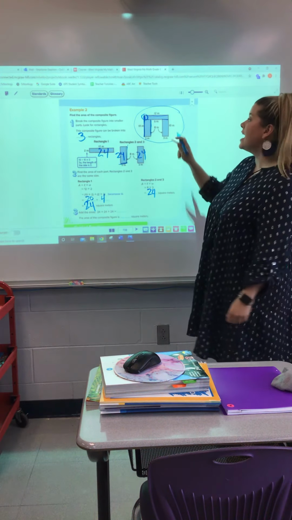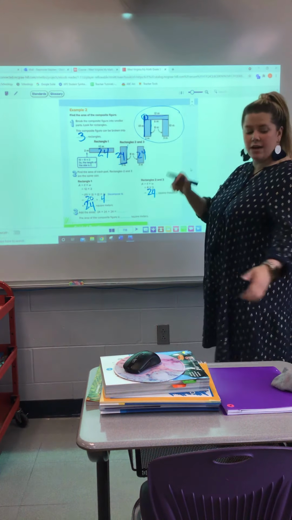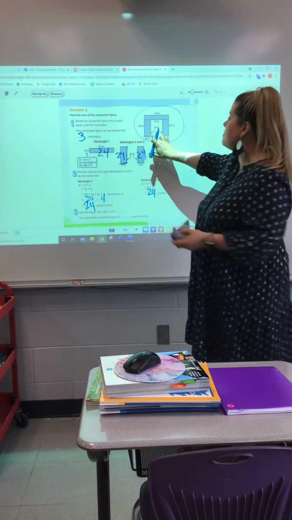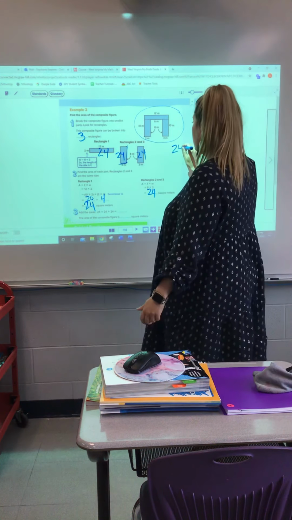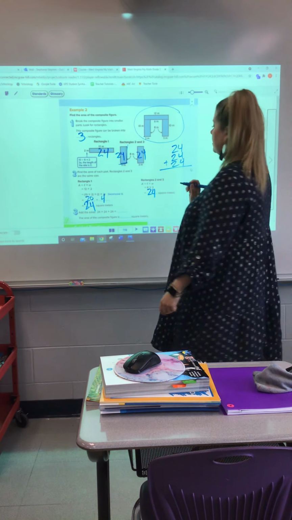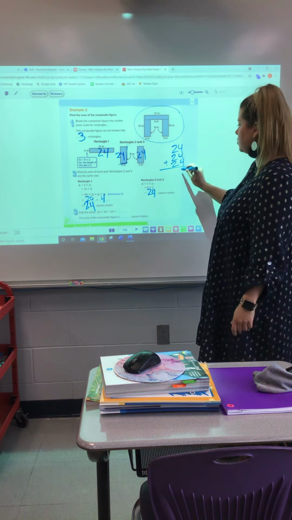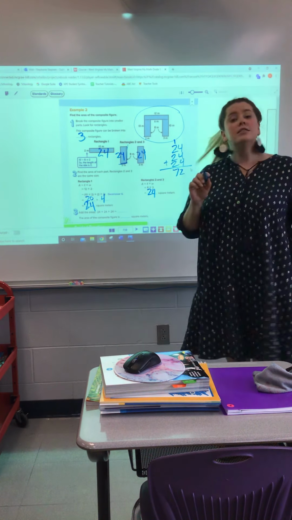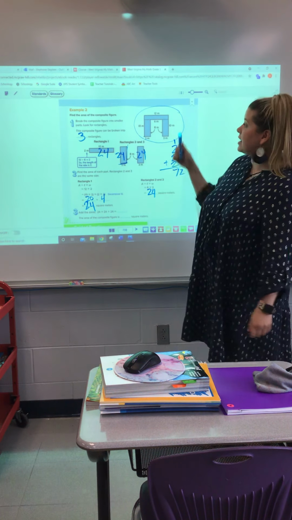So to figure out the area of this whole entire shape, I need to add 24 plus 24 plus 24. Okay, so 4, 8, 12, 2, 4, 6, 7. So 72. That means that the area of the